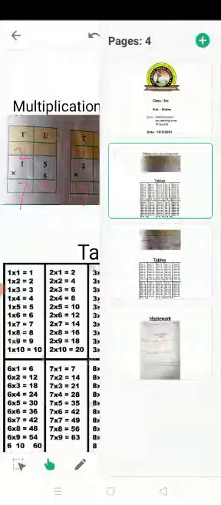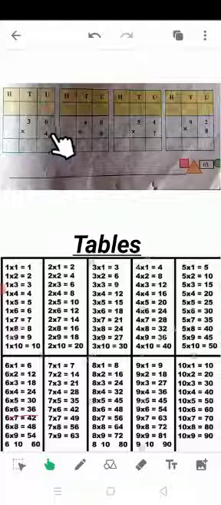Now next one, 36 multiplied by 4. I use the table of 4 for solving this sum. Firstly, I read the table of 4 till the 6th number. 4 ones are 4, 4 twos are 8, 4 threes are 12, 4 fours are 16, 4 fives are 20, 4 sixes are 24. The answer has come 24.